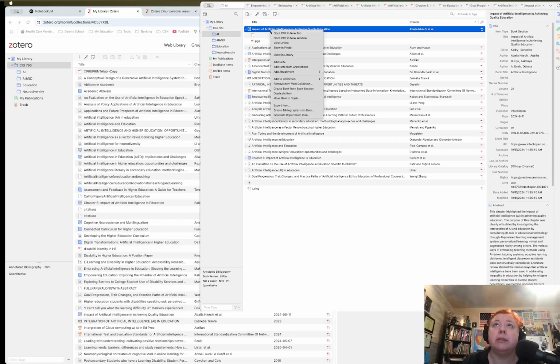With a right click, you can actually create a bibliography item. You can export this item, which means it will export the file from the Zotero literature, and you can save it on an external storage device such as a USB, or you can